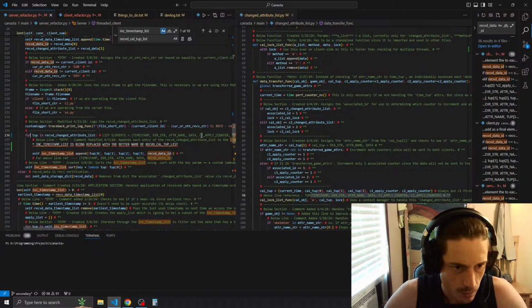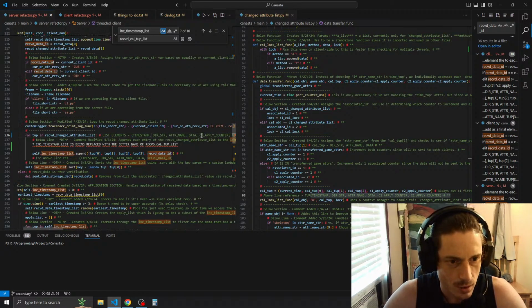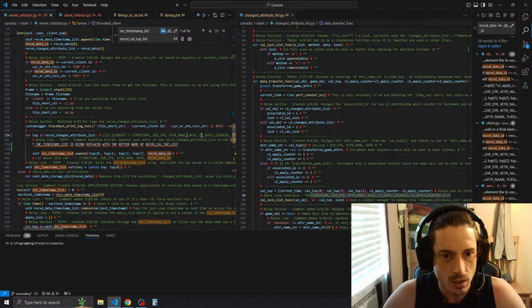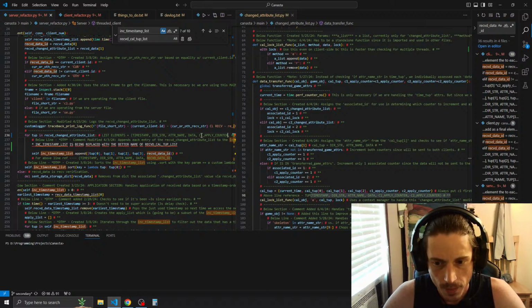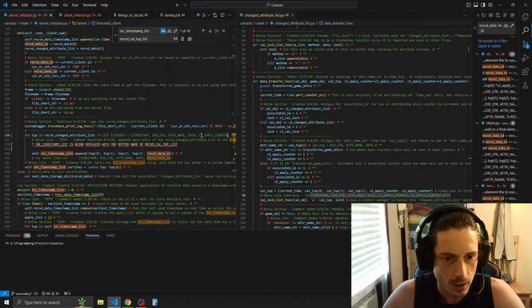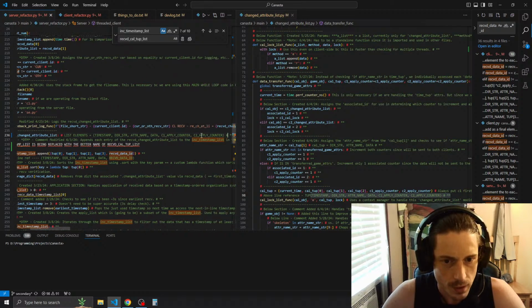The list elements of the received change attribute list at this point are going to be timestamp, dir string, adder name, data, apply counter 1, apply counter 2, and then